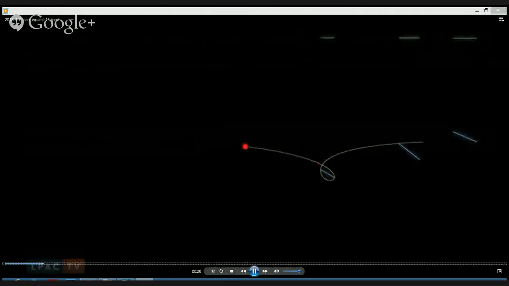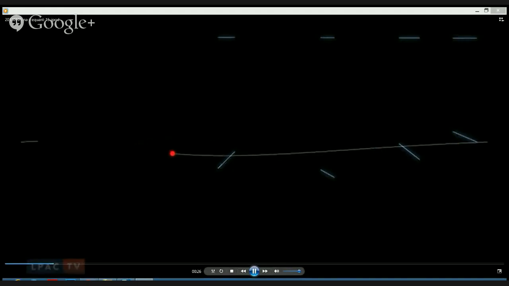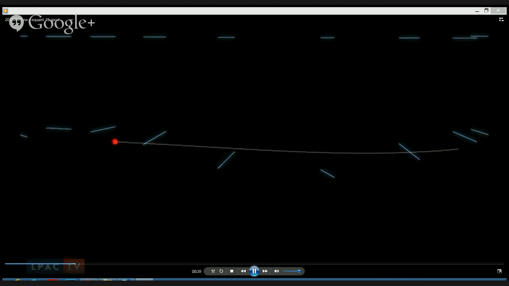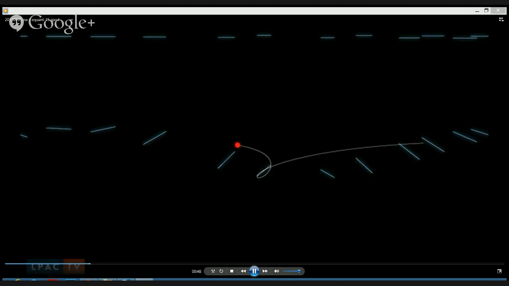Okay. What you're seeing here is we're watching over time Mars do its retrogrades. As usual, Mars generally moves to the left against the stars. Sometimes it goes backwards, goes to the right, and then continues moving to the left. This is showing over many years. This retrograde occurs about every 2 years. So we're building up a catalog of what happens. And let me speed it up a bit.